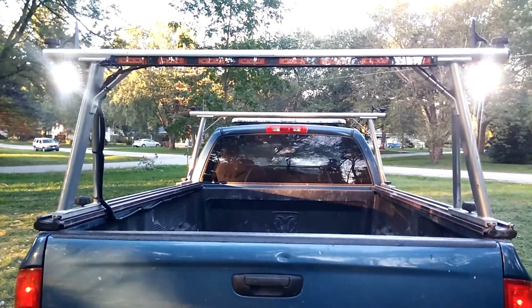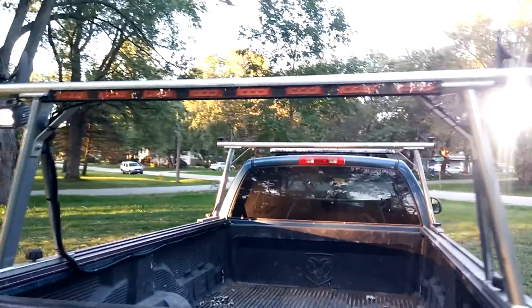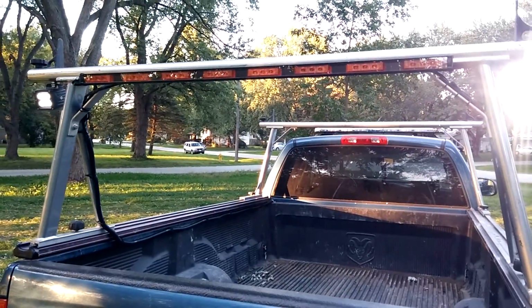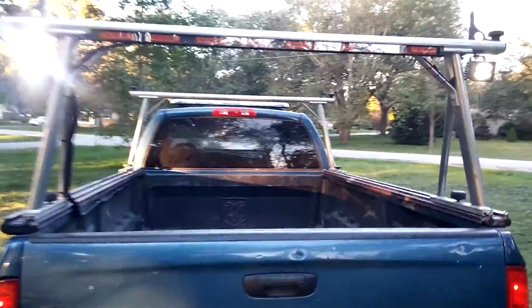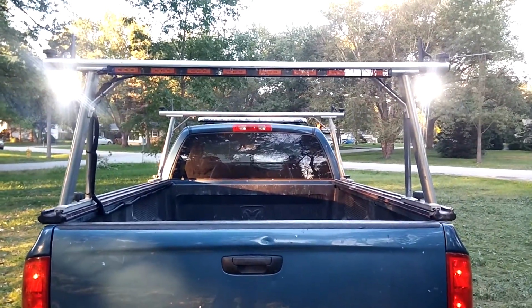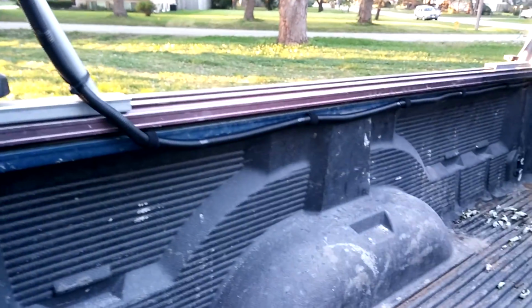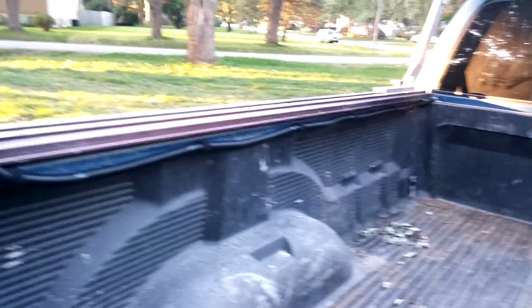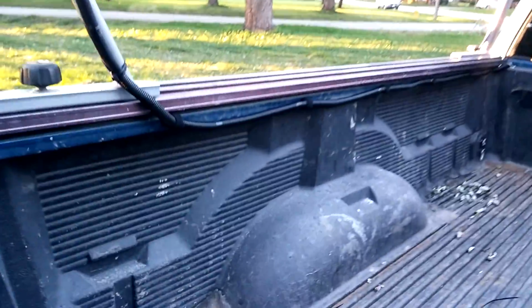On the rear of this truck, we did a track rack with a Star Traffic Advisor DLX series. We also put a set of work lights on here as well. We've got some 2x2 pod LED work lights up on that rack. Everything on the rack is wired to Velcro releases all the way to the front. So if the rack does need to be slid forward, all of this wiring, you just unvelcro it,